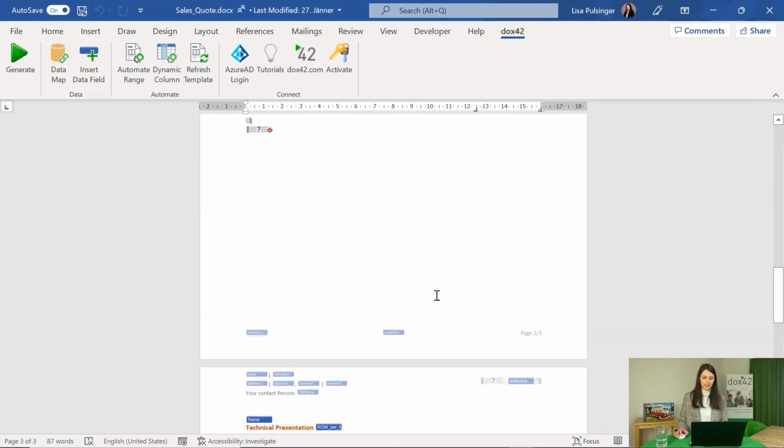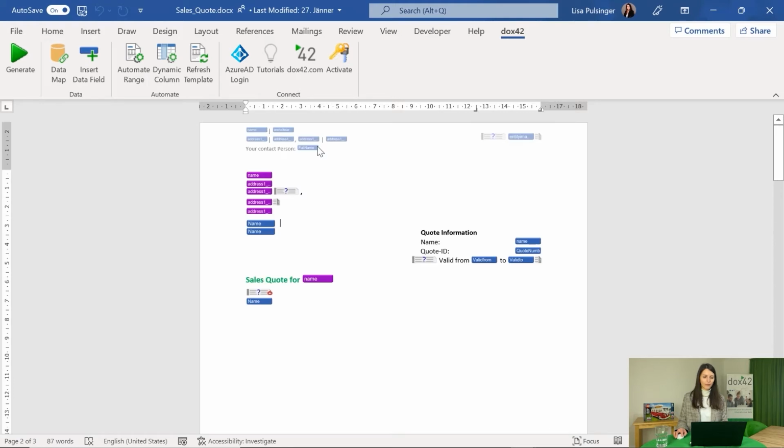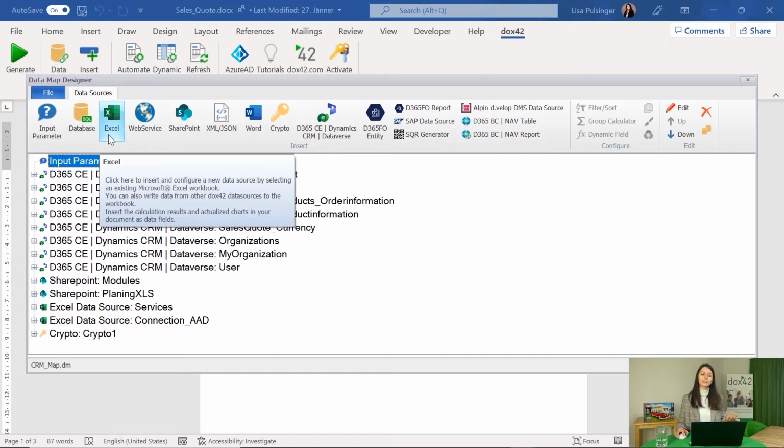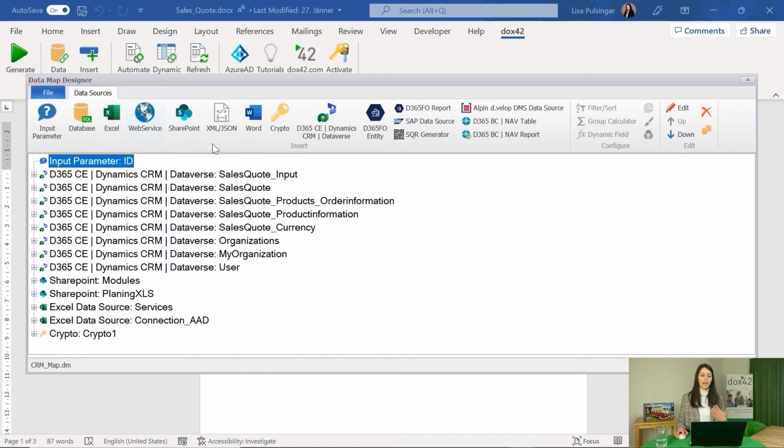And importantly, where does the data actually come from? You do that within the data map designer that you connect to your data sources. Today we're going to show you mostly Dynamics CE, Dataverse and SharePoint. However, you have many more data sources you can use with dox42, like databases, Excel data sources, web service, XML, JSON, D365 FO, BC, SAP,